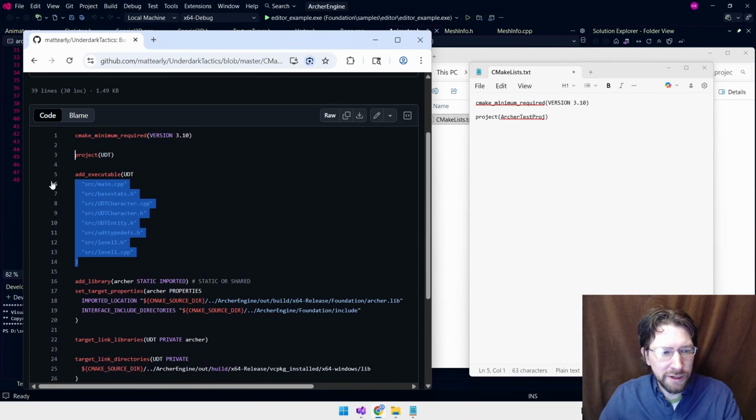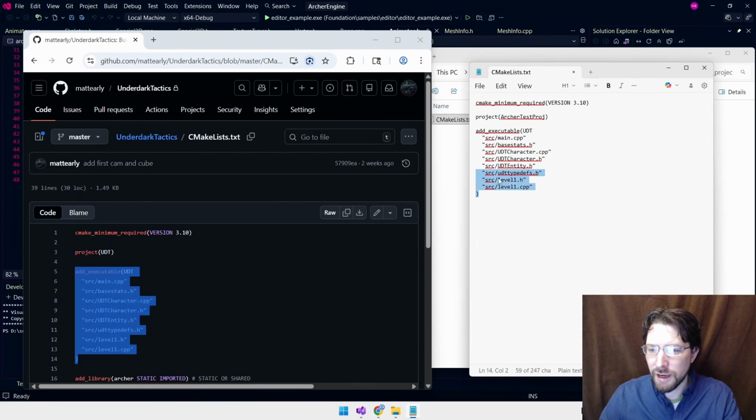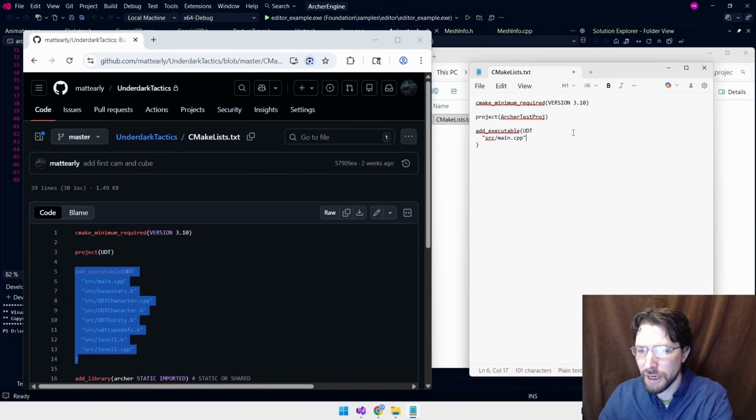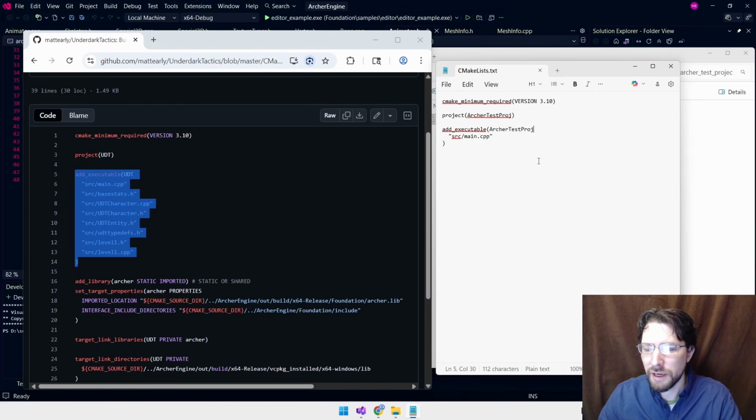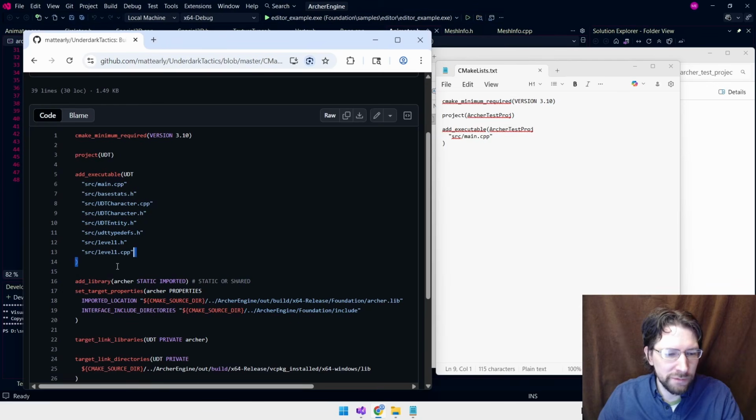We're going to need an executable, and it's going to need to at least have a main. That's all we're going to have for now. We need a project name to match on the executable. So what we're going to do here is we got an executable, we got a project. This is all very, very basic, like 101.